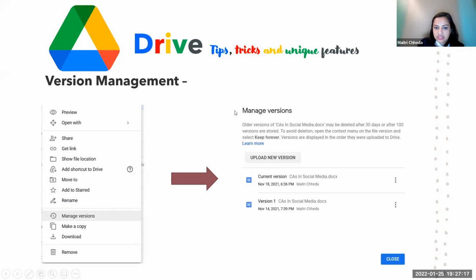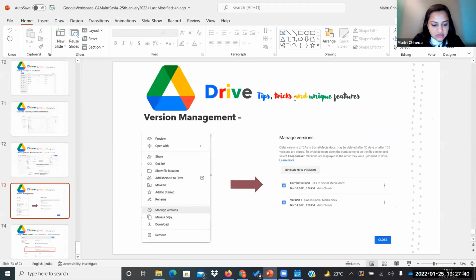So if you want to keep forever, you can keep various versions. In case you're doing a contract negotiation with somebody, or collaborating with somebody, you can keep like 100 versions of the same file, where minor changes have happened. That is a very good feature, especially for us professionals, where you can just use version management within this. Sorry, I think I used the escape button.